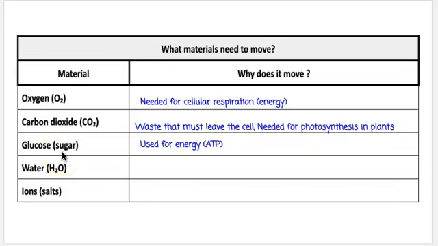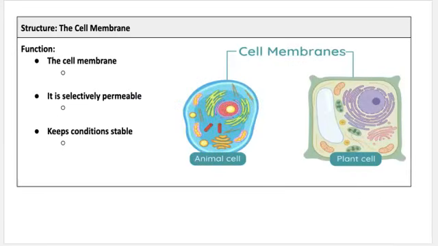Glucose is a sugar that is used for energy inside of cells. So during the process of cellular respiration, glucose is a very important input to make energy. Next, water helps maintain the size and balance of a cell. And ions like salts help with things like nerve signals and overall balance. So overall, cells are constantly taking in what they need and getting rid of the waste, the stuff that they